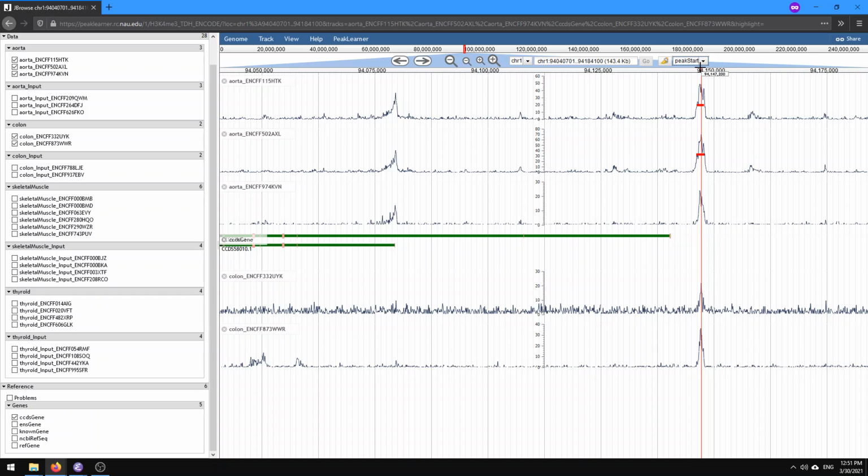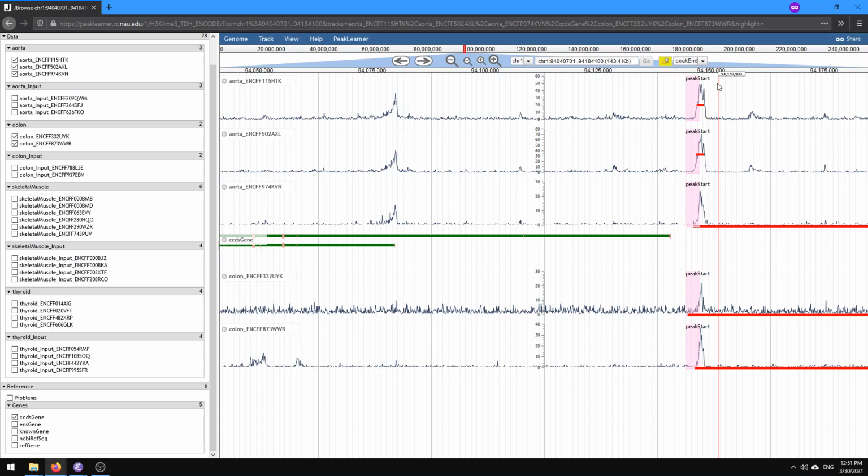So first we pick peak start from the menu, we click the highlight button, and then we can drag a rectangle starting before the peak and ending at the top of the peak. So then the peak start rectangle will have the start location of the peak inside of it. And after that, we can now change the label to a peak end label, and we can click the highlight region again, and we drag again after the peak all the way to the top of the peak,